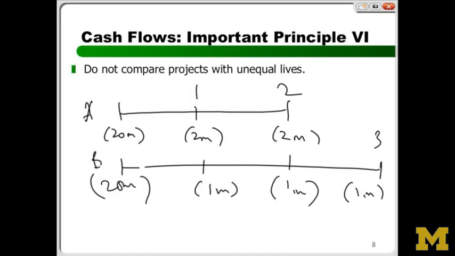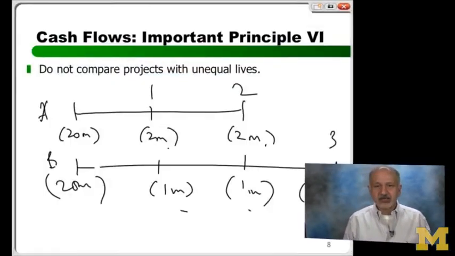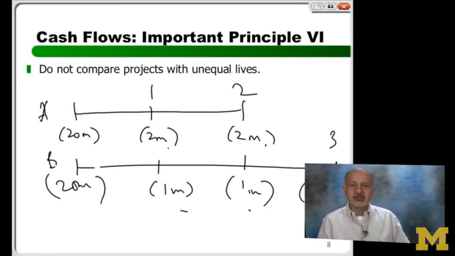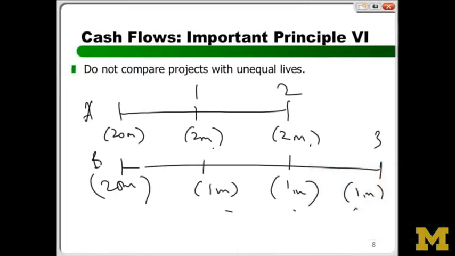The first thing that jumps out at you is the following. These are not equally lived or equal length machines. But one doesn't think of that, right? So typically what happens is you tend to compare the cost directly and pick the lower cost one. In this case, it's a little bit complicated because you have to include these costs too, right? And why is this 1 million versus 2 million? Because maintenance is lower for a more expensive machine. So what I'm going to do is go over and show you the PVs of the two.